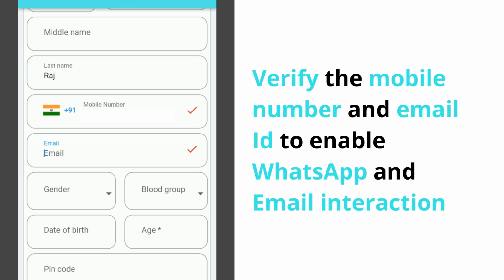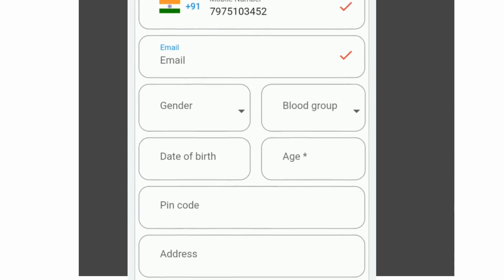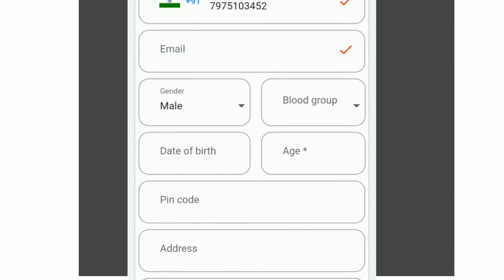Likewise, you can also fill in the email address of your family member and verify it. Once you verify the email address, they will be able to interact with us using their email. Now, moving forward, I'll select gender. Please note that you can always leave this field blank.